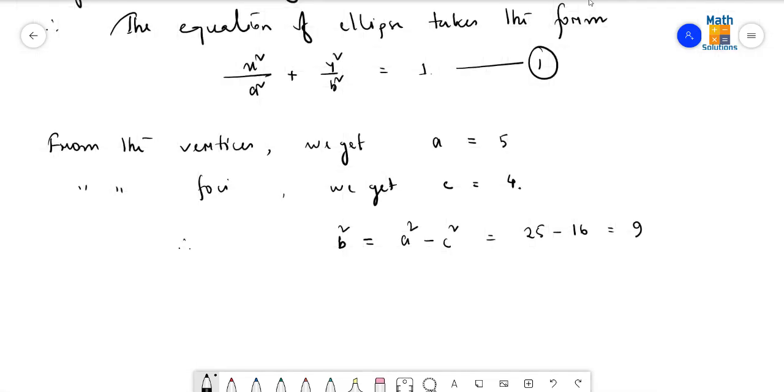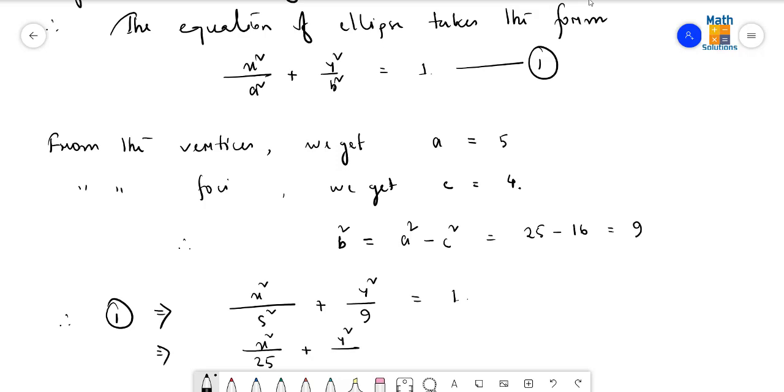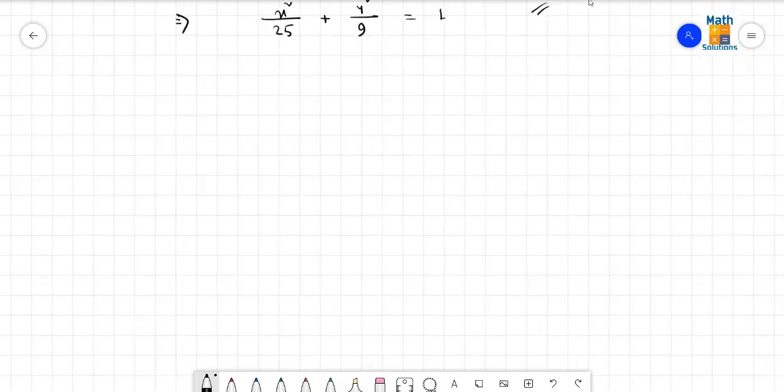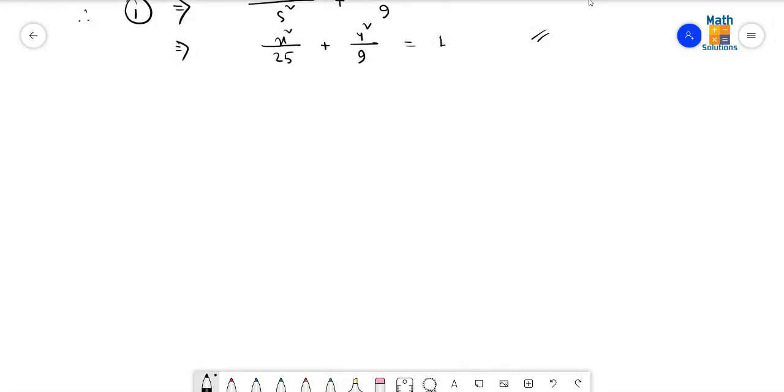So after this, therefore 1 implies x square by a square. A square means 5 square. Then y square by b square, and b square is already 9, is equal to 1. So we get what? X square by 25 plus y square by 9 is equal to 1. And this is the required equation. So this is the answer of question number 10. After that, we shall come to question number